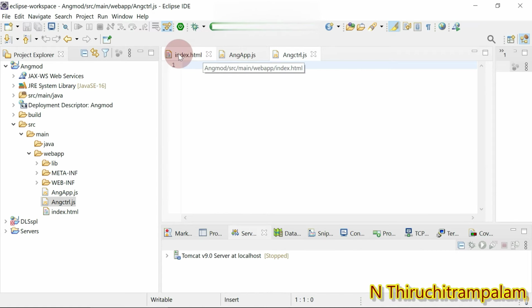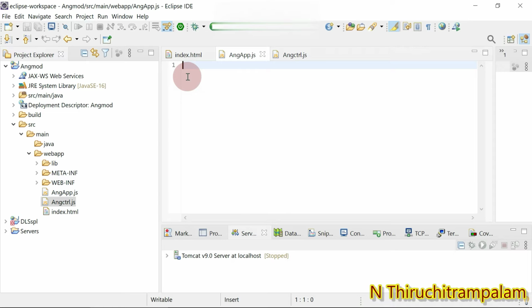So now go to this ang app.js, okay, and here what you do: we need to create the module named ang app.